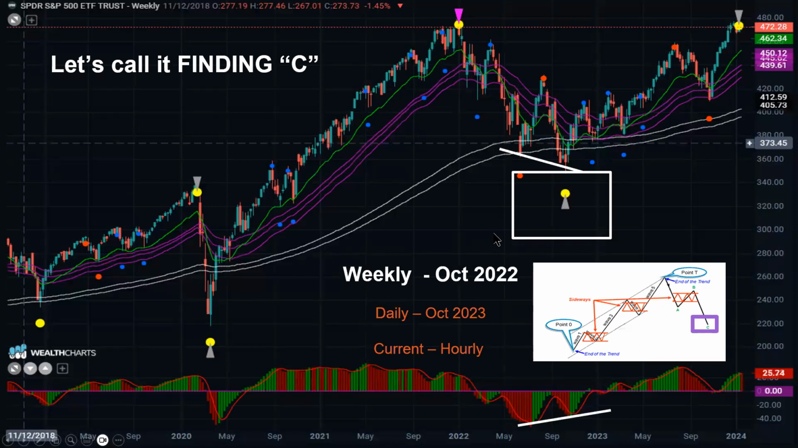So I want to show you something just very interesting before we get to the live charts. This is the SPY weekly. Now notice I have 3 different comments down here. The 3 different comments pertain to the end of the C. Let's call it finding C, the end of the market move when we should be training our brain to be buying. Now, when we get this on the weekly chart, and we got this in October of 2022,